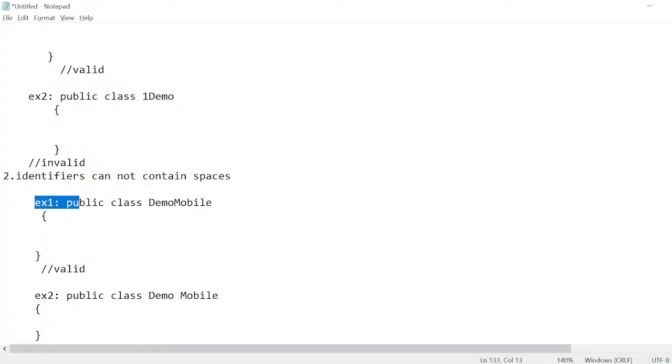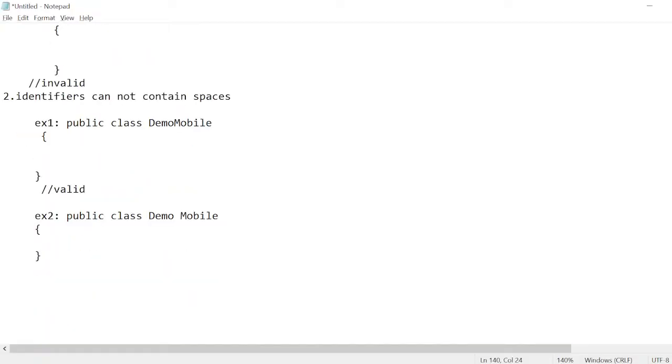So for any naming conventions for Java components, that might be the variable, the class name, or a constructor name, you cannot give spaces. These are the beginner mistakes. I observe most of them taking spaces whenever they write class names. Don't take spaces. Okay. Next up,